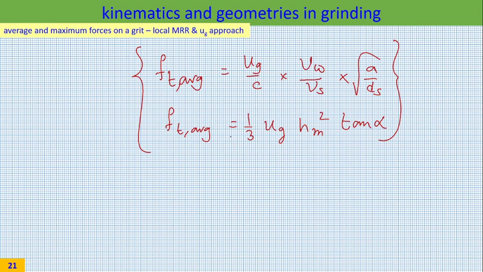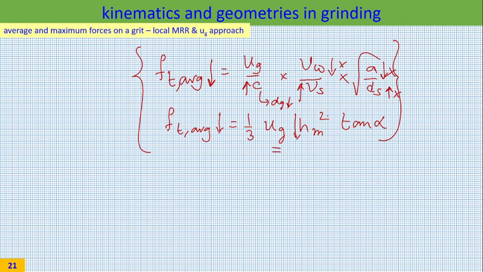So what is the philosophy? If you want to reduce the force working on a grid, you have to reduce these two, which are not acceptable because you cannot play with MRR. You can increase this, which is not acceptable. You cannot increase ds indefinitely. So once again you get the same solution. Increase Vs, increase C. If you want to increase C, dg has to be reduced. Look at the other expression. Somehow if you want to reduce this one, you cannot touch this because this is a material property. You have to reduce HM. So you will get the same conclusion.